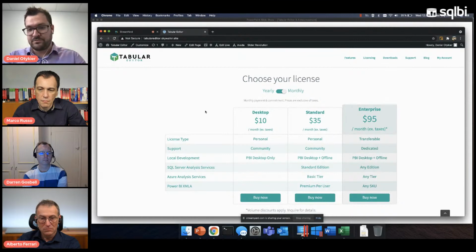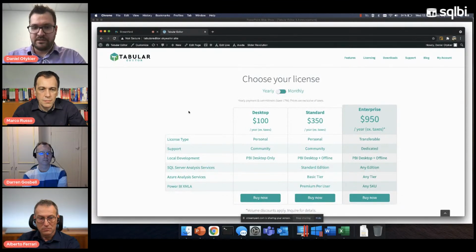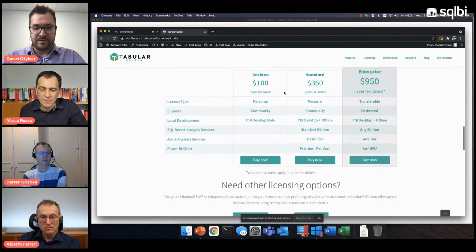And so what we did was we looked in the market. We looked at other tools out there for developers and tried to find some comparable level, again based on what we feel the value would be. So there you have it. This is the pricing. It will be on a subscription basis, where you commit to either a yearly subscription or a monthly subscription, if you prefer.